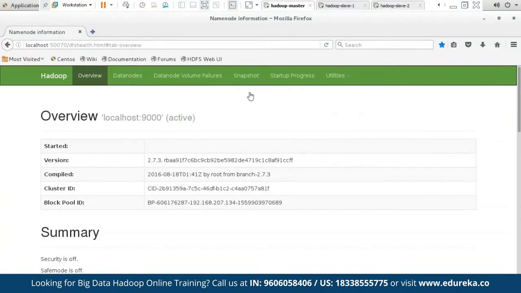As you can see, the HDFS web user interface has been successfully started on Hadoop Master, Hadoop Slave 1 and Hadoop Slave 2. Now, let us begin with setting up our Hadoop cluster with Hadoop Master and Hadoop Slave 1 and Slave 2.